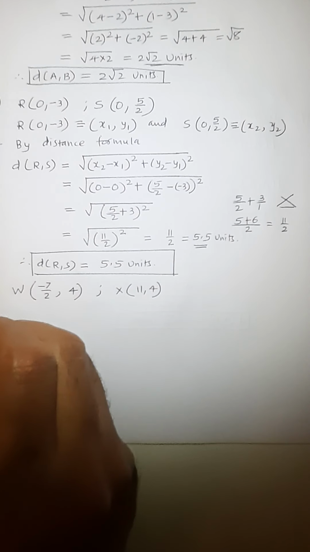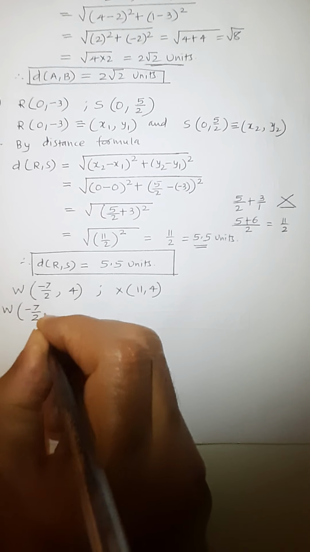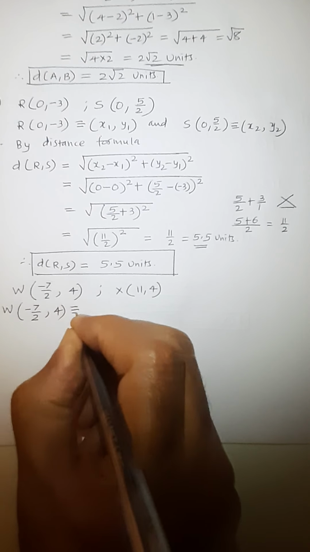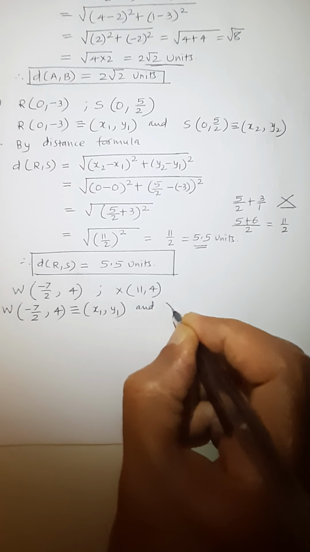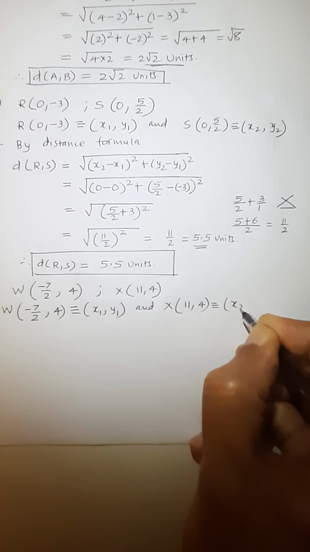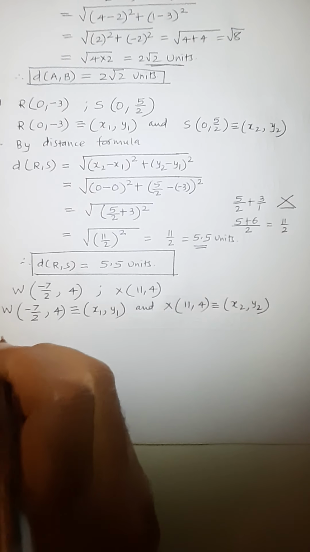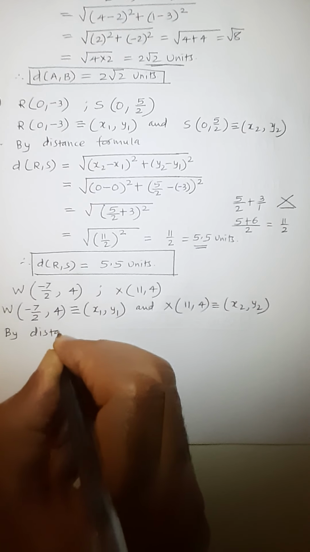Okay, now as usual we write point W having ordered pair -7 by 2, comma 4, which can be taken as x1, y1, and the point X has ordered pair 11, comma 4, which is taken as x2, y2. Okay, therefore by distance formula,